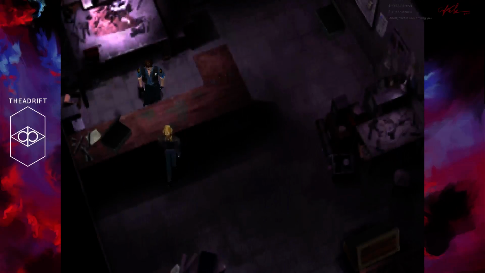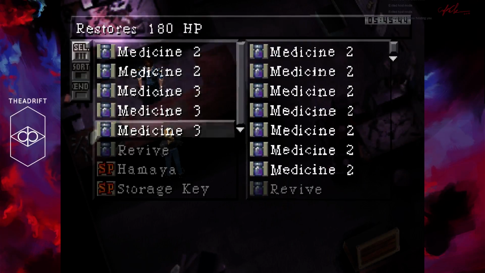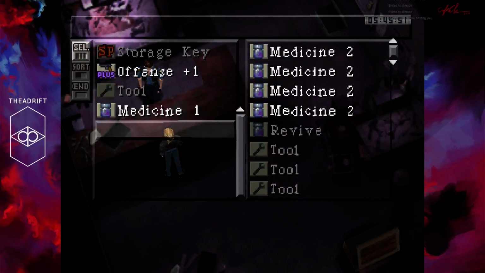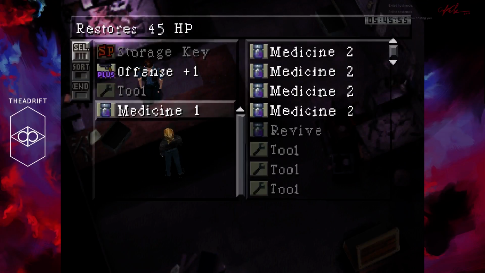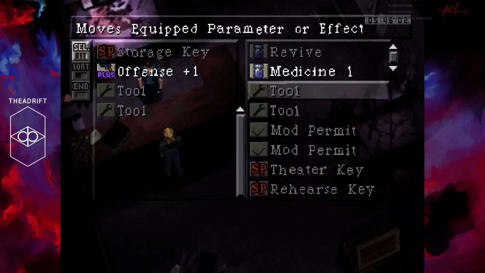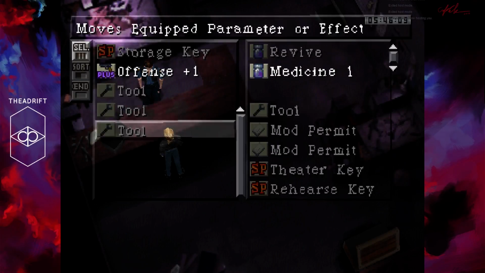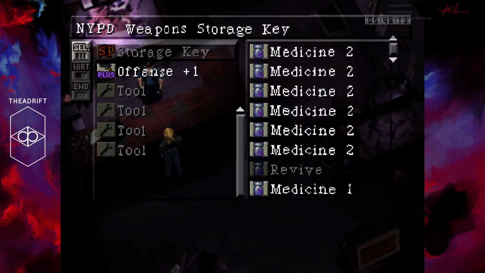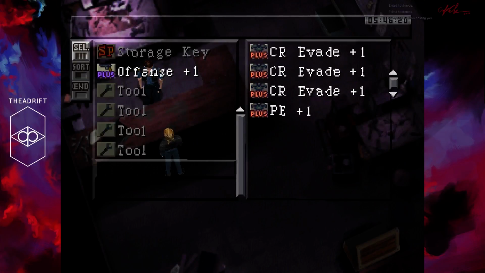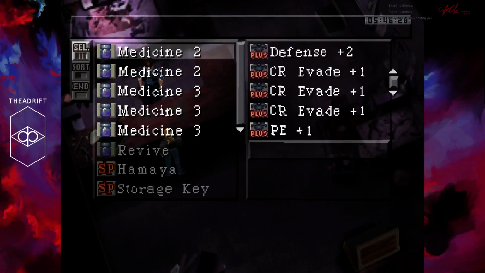So, let us store, we're actually going to store this stupid medicine thing over here, and we're going to swap it out for our tools that we've been saving up. We're also going to grab all of these, how many slots do I have? 2 slots up. So we're going to store medicine in favor of grabbing